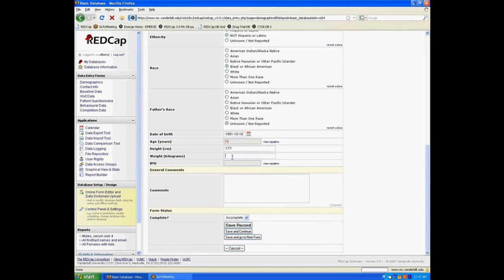If I enter a height and weight, oops, and click away, I've got the BMI calculation pop in automatically. This is